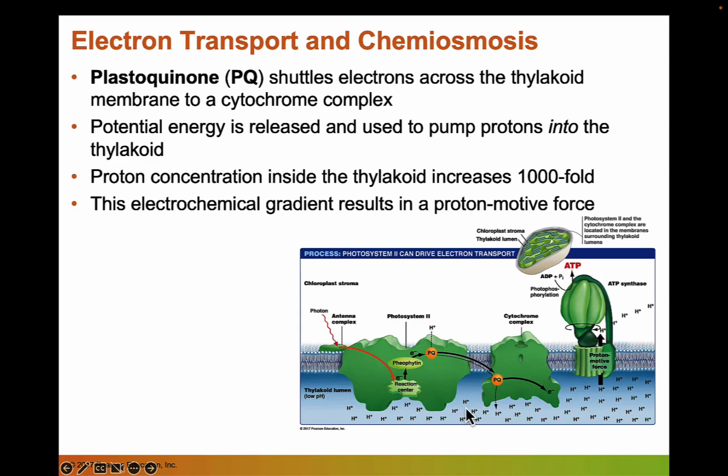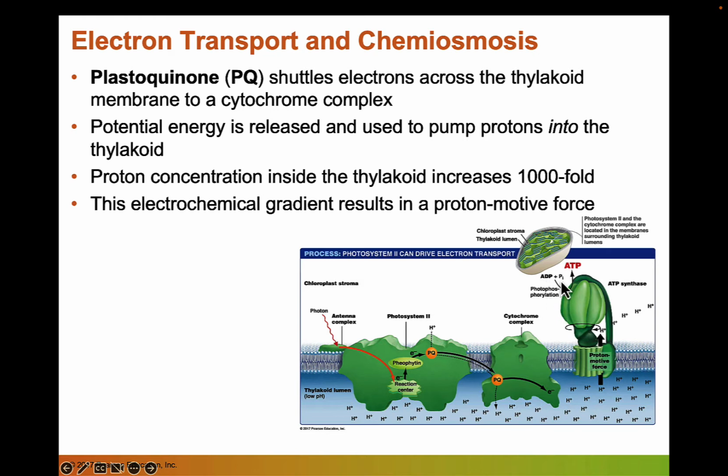Okay, so we're actually going to concentrate the protons in the lumen of those thylakoids. So a little bit different than the electron transport chain in the mitochondria, where we're getting protons in the intermembrane space. But the proton concentration in the thylakoid lumen increases 1,000-fold. This is huge. And this electrochemical gradient contributes to the proton motive force. So as these protons flow back down their concentration gradient, this electrochemical energy is going to be converted into mechanical energy. So this is going to turn the ATPase, and it's going to lead to the